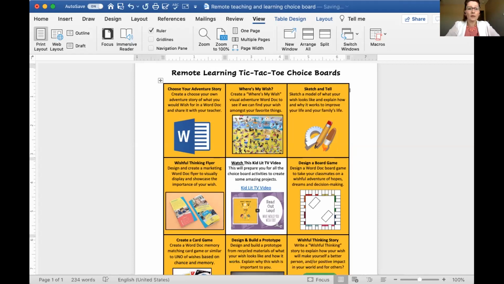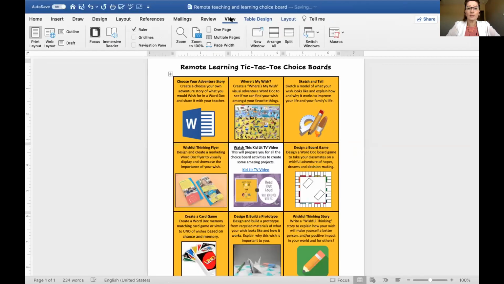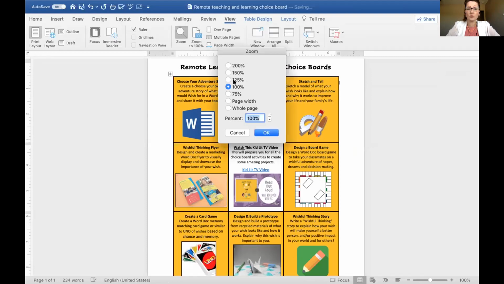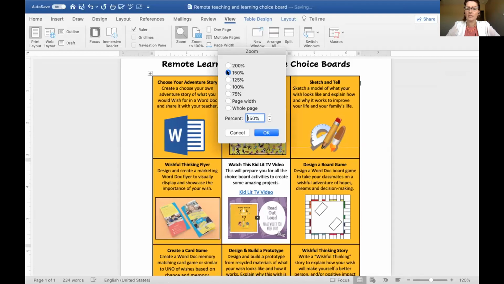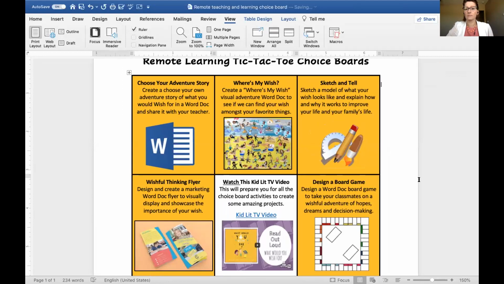So I'm going to go on here, let me make it a little bit larger for you so you can see it. Let me go into view, and let's zoom in a little bit more. So I'm going to go into my zoom tool. I'm going to make it larger so that you can see it for playback purposes. I can even go into zoom more, customize it, or choose a preset so that you can see it on